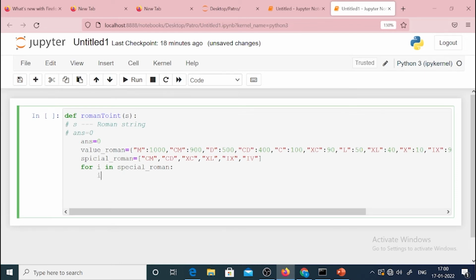For I in: first I is CM, then I is CD, then I is XC, then I is XL, then I is IX, then I is IV. That means this loop repeats how many times? 6 times. So 6 times it will check whether this type of special Roman symbols is available in the string or not. If it is available, if I in my S,